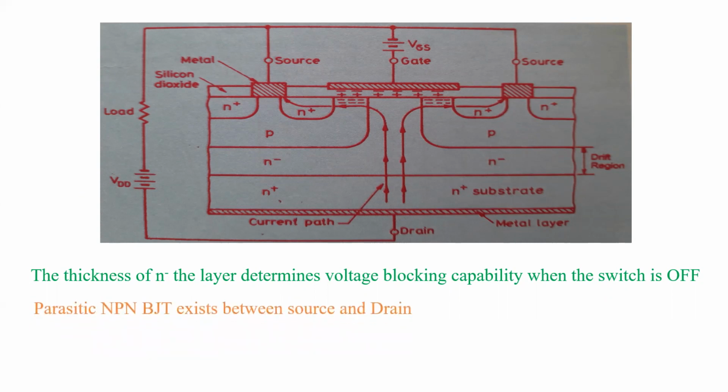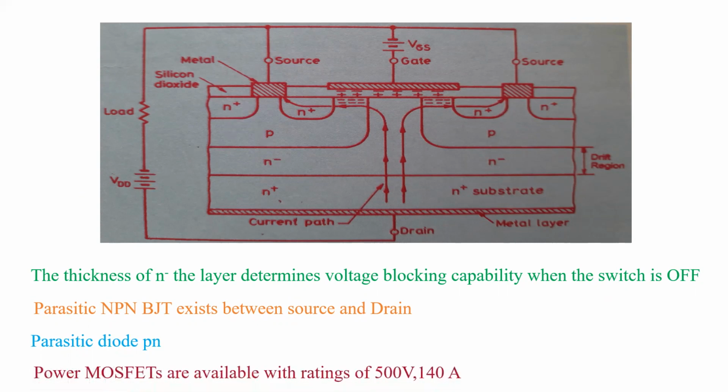In this, you can see a parasitic NPN BJT transistor like this, N plus, P, N minus. And there is also a parasitic PN diode. Power MOSFETs are available with ratings like 500 volt and 140 ampere. So this is all about power